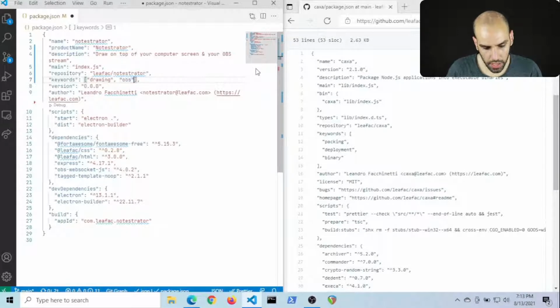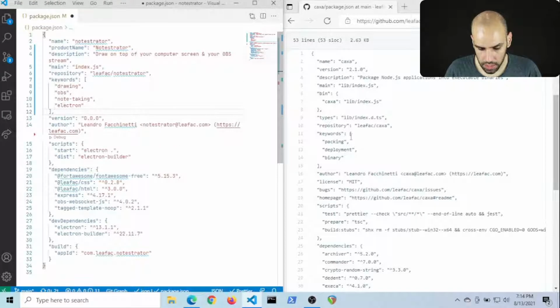Drawing, OBS, note taking, and Electron. And because I am not publishing this to NPM, I don't think that these keywords matter at all. But maybe the packagers are going to use the keywords for whatever. So just have them there.